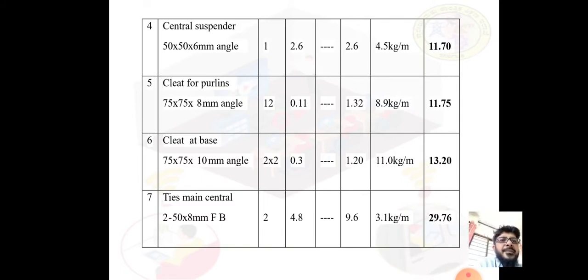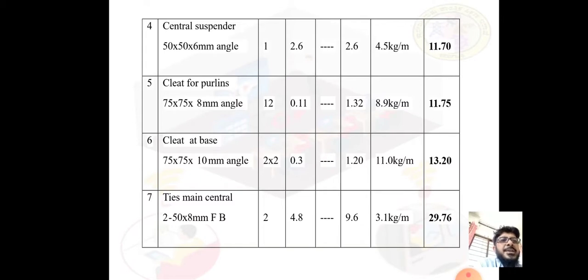Here back to back means 2 sides, means again 2, means total 4 numbers, so the number mentioned is 2 into 2. So each side 2 numbers, 2 sides, means at 2 supports, and each side we require 2, means 2 into 2, 4 numbers total, and its length is 0.3 meter. So 0.3 into 4 means we will get a total length of 1.2 meter, and from the steel table, per meter